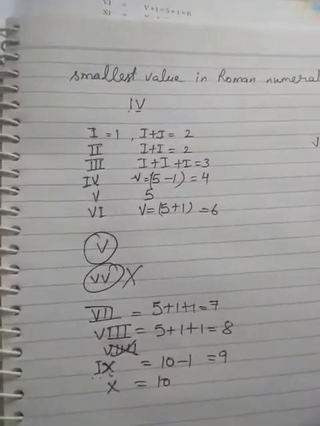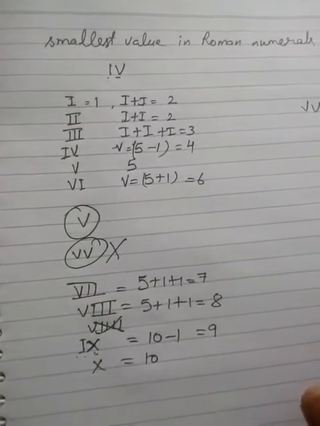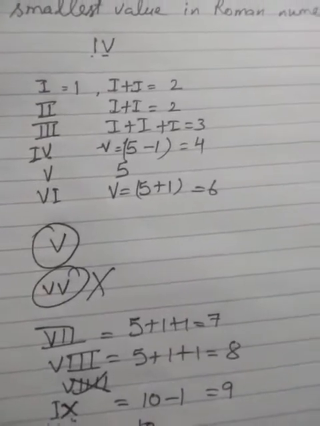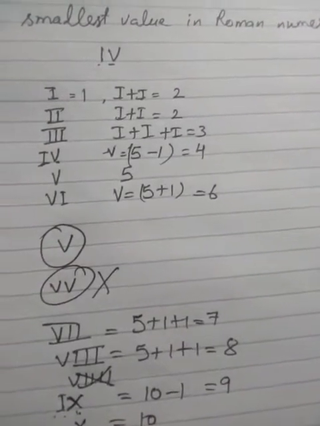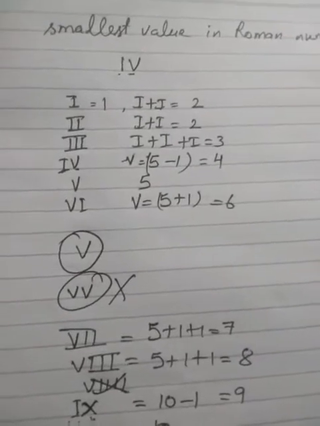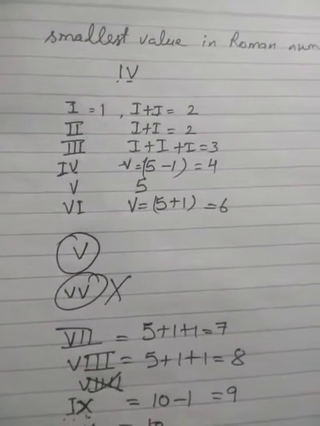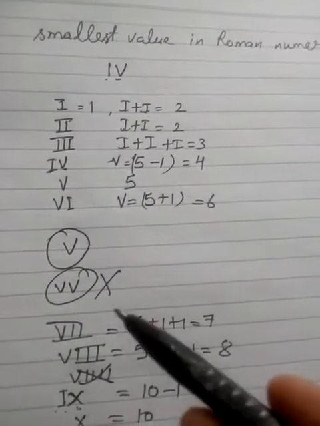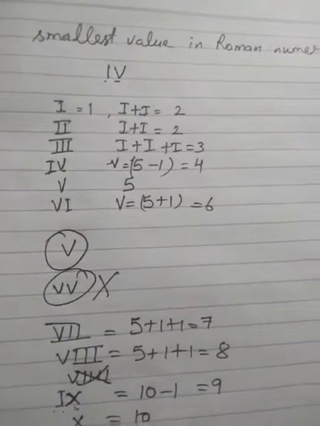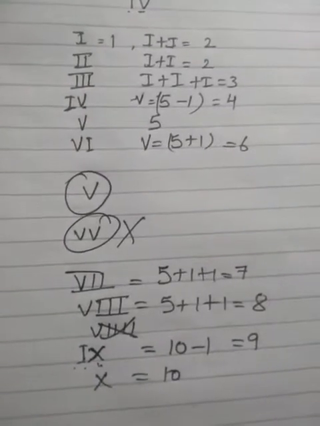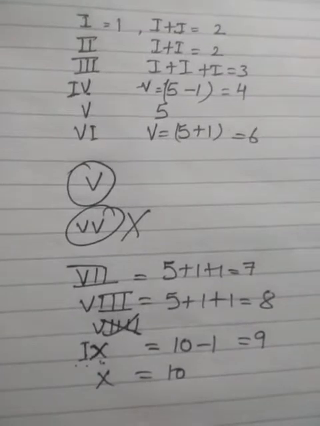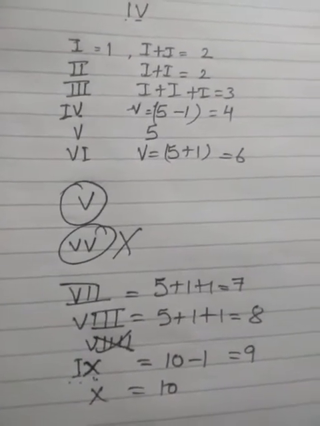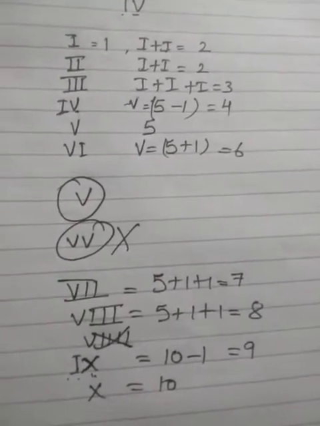So I am going through the 3 rules again. You can't repeat any Roman numeral more than 3 times. The repetition of a Roman numeral implies addition. If any smaller value Roman numeral is written on the left hand side of a greater value Roman numeral, it means subtraction. If any smaller value Roman numeral is written on the right hand side of a bigger value Roman numeral, it means addition again. Okay, it means addition. That's why 1 to 10.